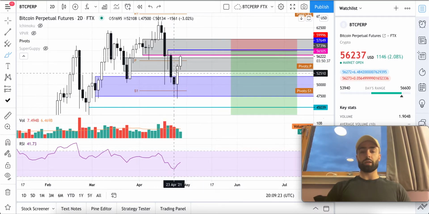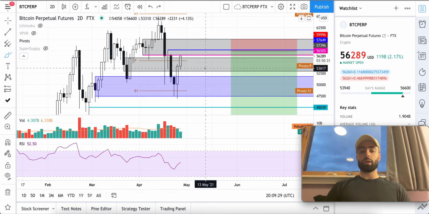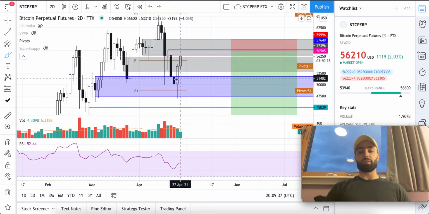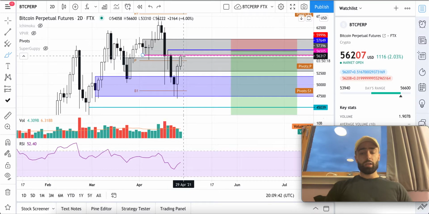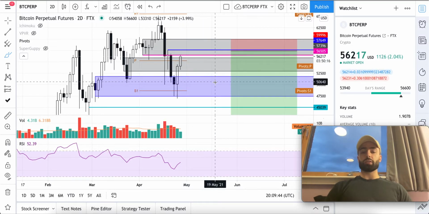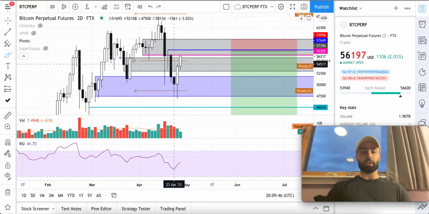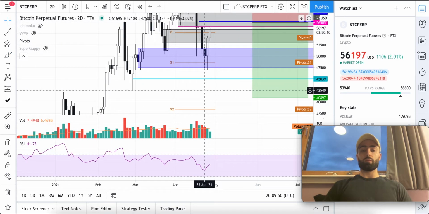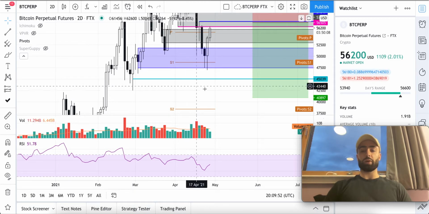That's a little bit messy, but you can just think of it as we come up, we hit this gray level, we come down, we form a higher low above this one, and then we come up for a higher high for a confirmed bullish trend, and then that's when we can continue to go higher. But if this ends up hitting this level and rejecting off of it, if we break down, like actually down, that'll end up taking us potentially down to roughly this previous all-time high level,